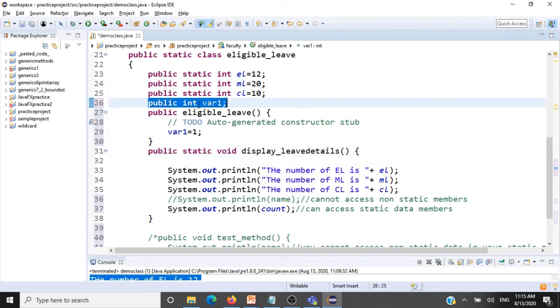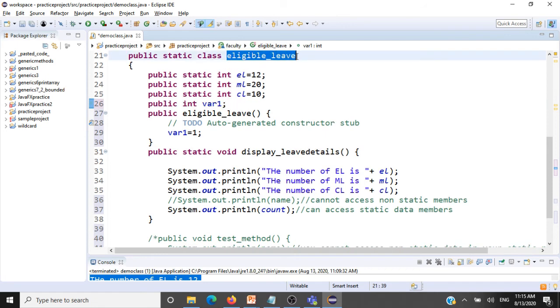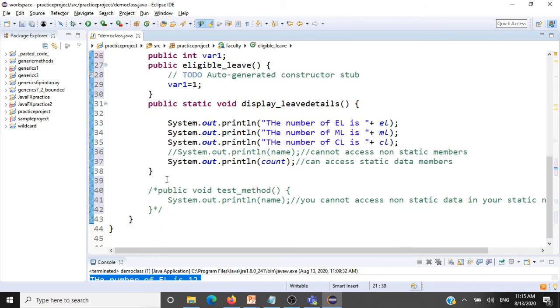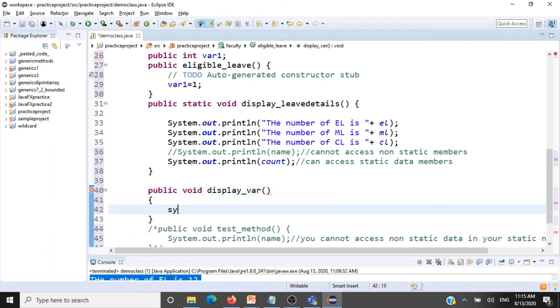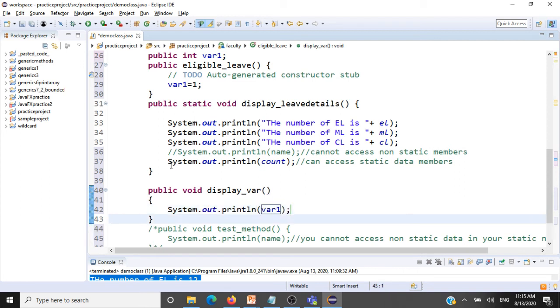So to access this, we need an object of type eligible leave. We can also have a non-static method here, public void display variable, and what we'll do is we'll display that non-static variable 1.